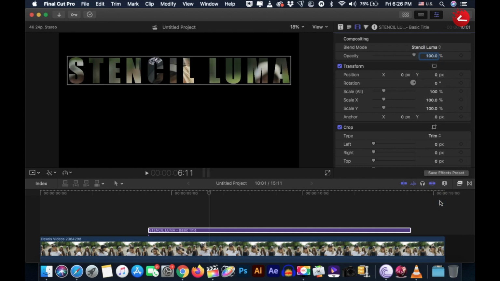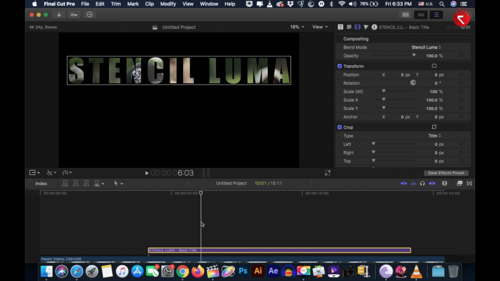And that's it, done. But we can add more tweaks to it, like you all saw at the beginning. Select the point from where you want the video clip to appear from your text layer. Add a keyframe to scale all and position. Now move about 20 frames to the right by holding the Shift key and pressing the right arrow key on your keyboard. That's 20 frames. Scale our text by adding the value.